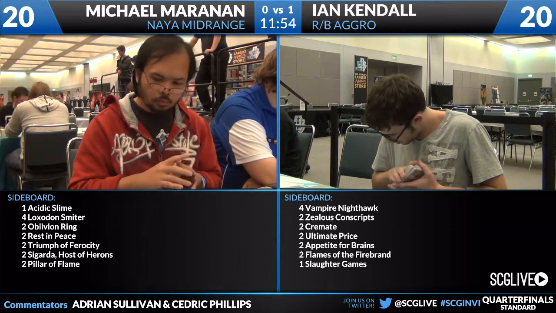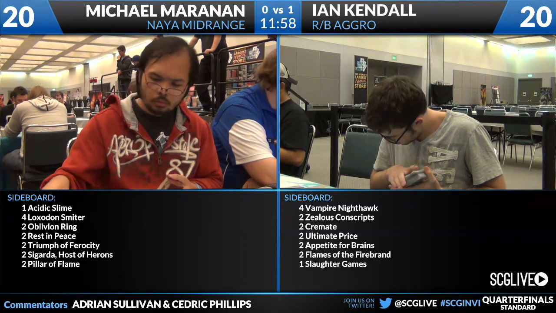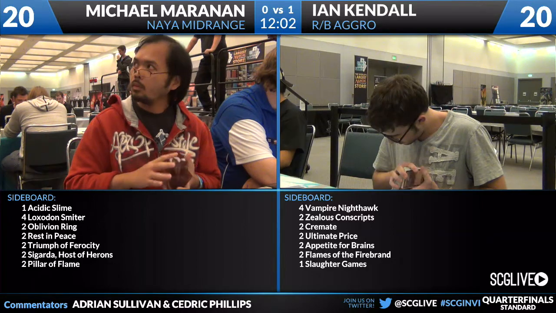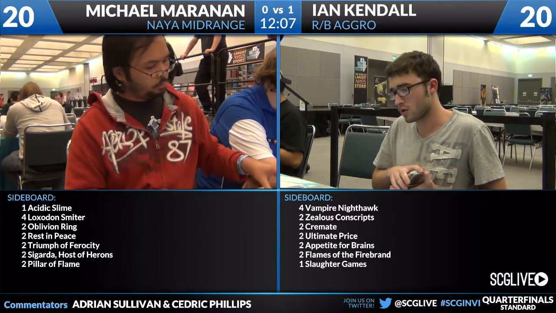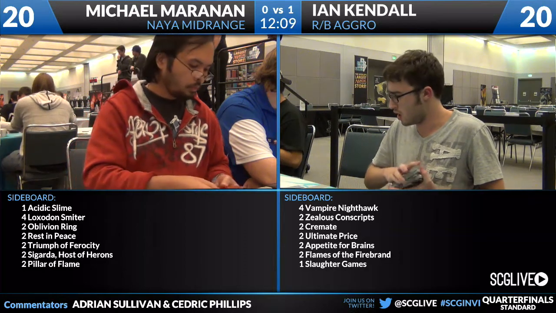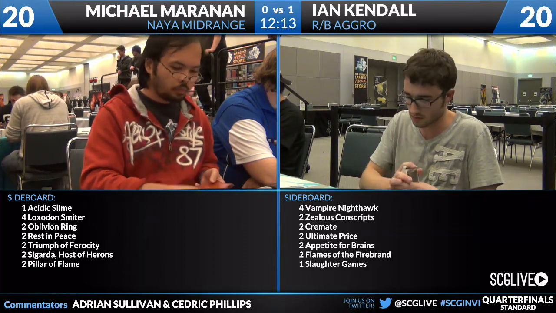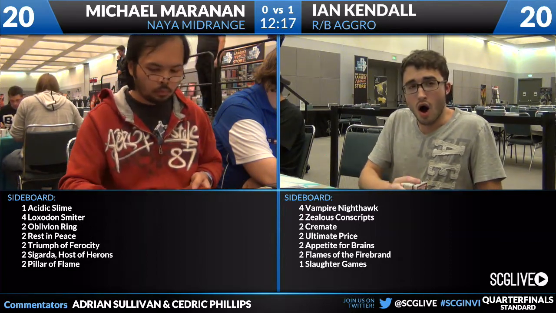Now remember, you can see Ian Kendall there looking down. What he's looking at is the deck list, so he gets to see all of the possible things that Michael Maranan might bring in, and conversely, Michael Maranan can do the same thing to Ian Kendall. So there's a little bit of jostling you can do, like, oh, if he's going to bring in perhaps Flames of the Firebrand, maybe I'll sideboard out this. But you can't go too far down that rabbit hole, or you could just trick yourself out of some simple,